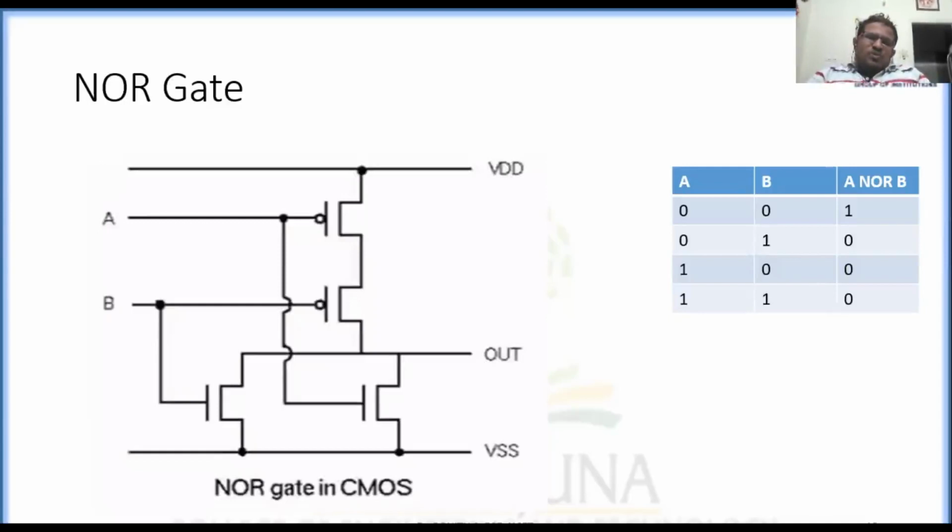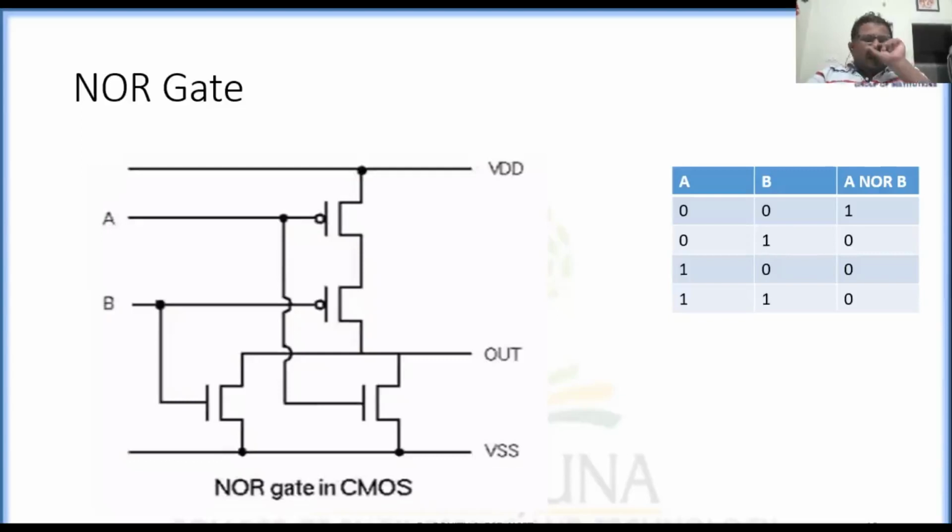And again we have chosen the same DC voltage of 1.8 volt, and we have taken clock inputs: 1 kilohertz for A here and 2 kilohertz for B here. This clock we have called A, and this we have called B. Input A is connected to one PMOS and one NMOS, and input B is connected to another PMOS and another NMOS.